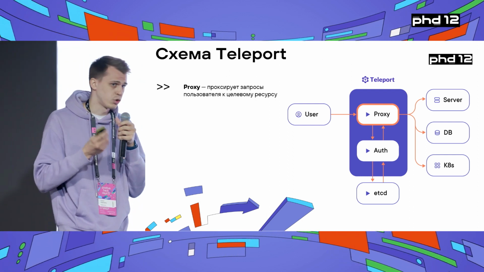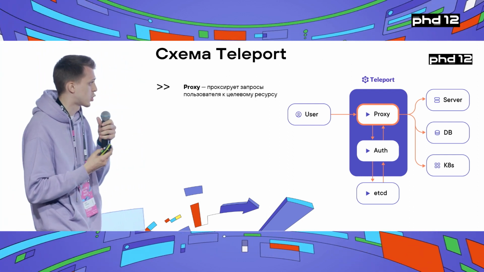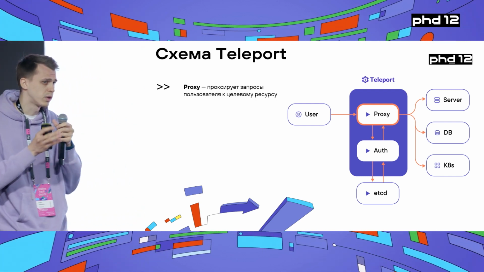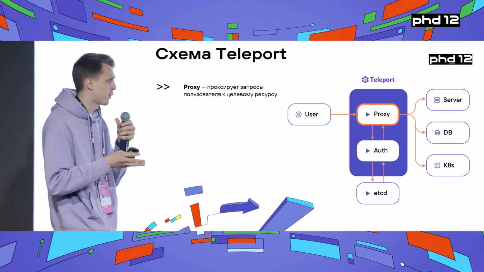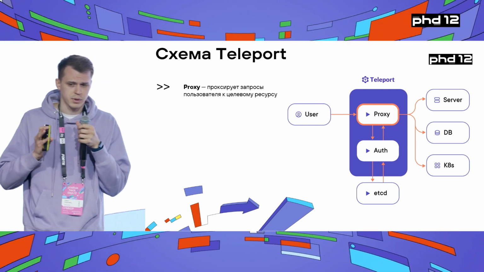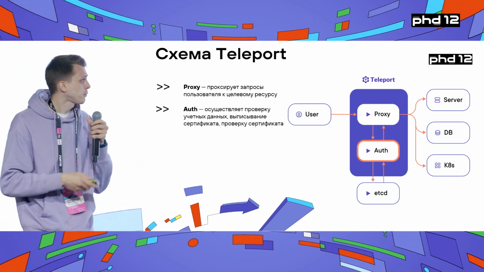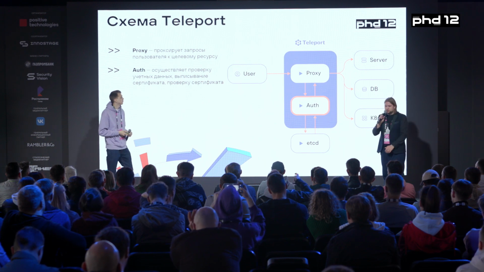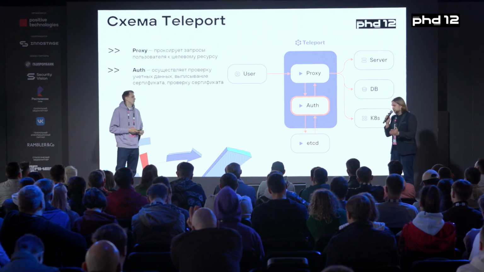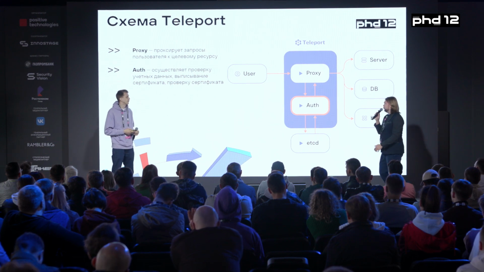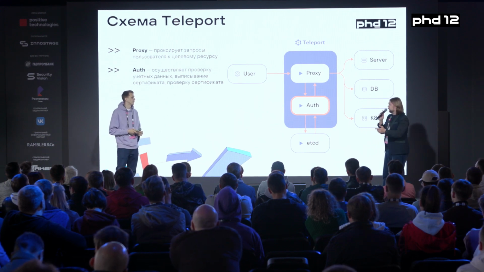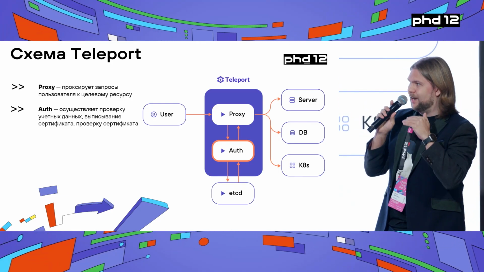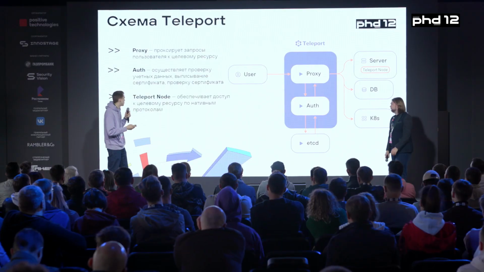Teleport proxy, that's the first component, that's the entry point to your cluster. So the user would interact with your resources by means of proxy. Proxy will also address a number of other things such as multiplexing of ports, support of reverse tunneling, encryption support, etc. The second component that we have to mention is the auth service. As perceived from the name, that's the service which is responsible for verification of the user data and verification of certificates. Probably you don't know what certificates have been meant, but I will explain that a bit later.